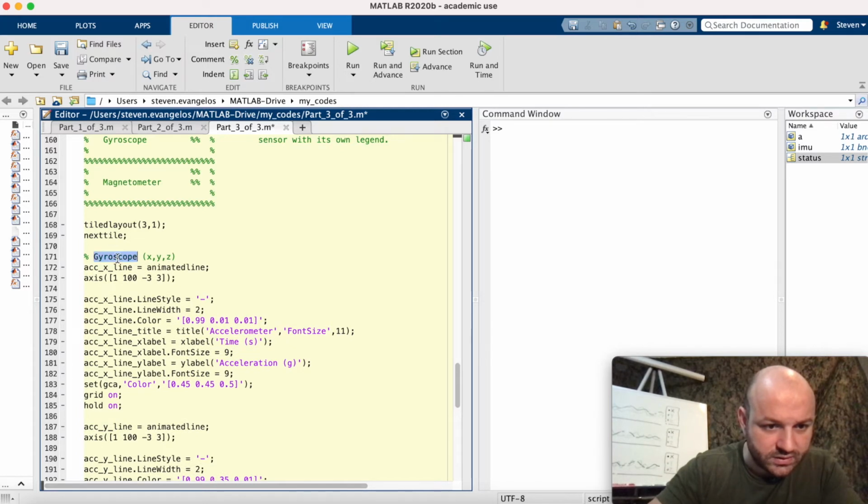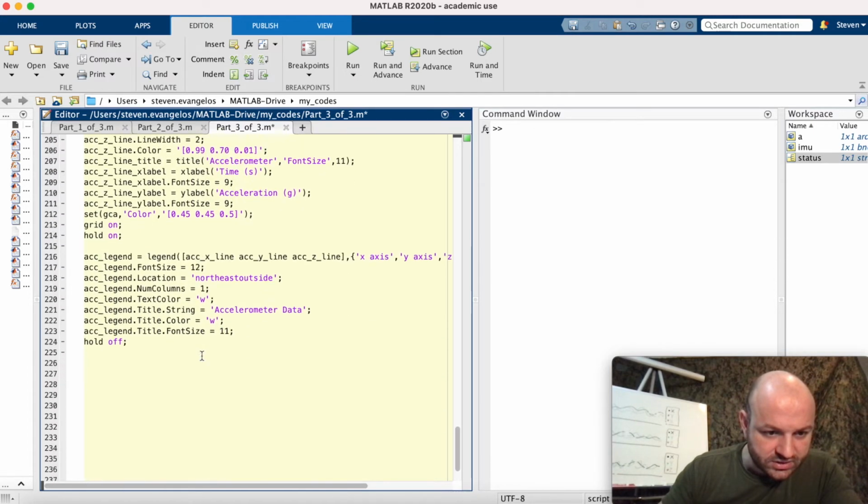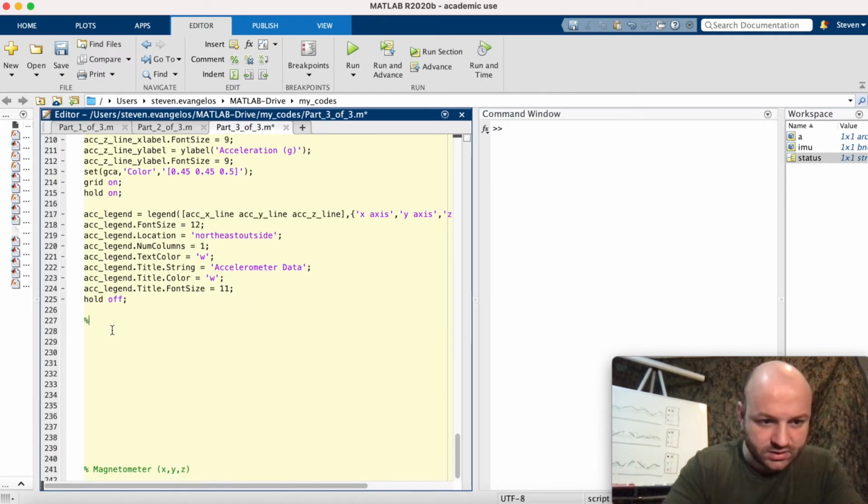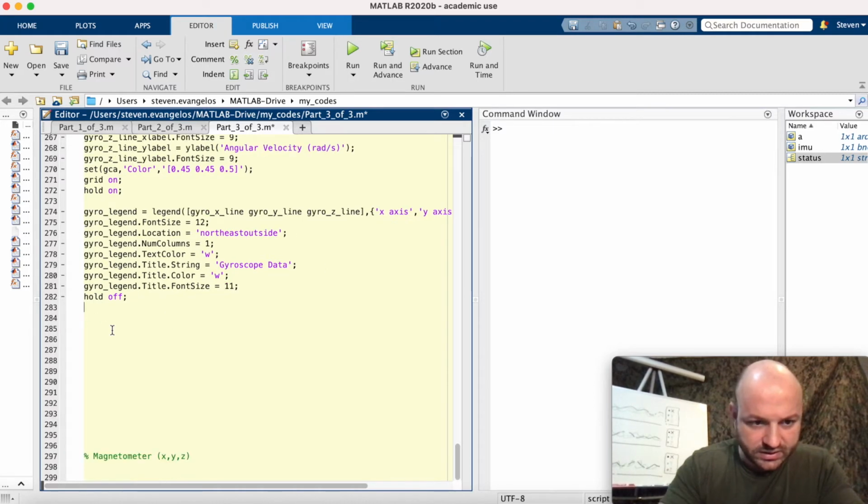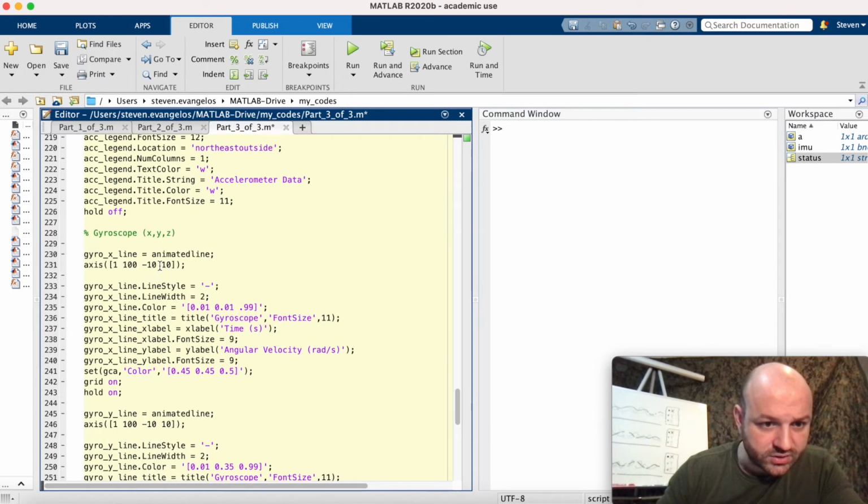And you can say accelerometer. ACC accelerometer. Okay, we have ACC X, Y, Z with our legend, and let's just go ahead and say gyroscope. X, Y, Z, and I'm just going to paste what I just took out there, and we are back on track. Our gyroscope,